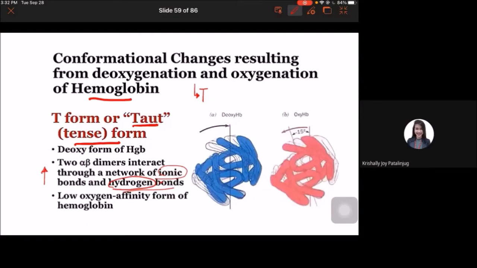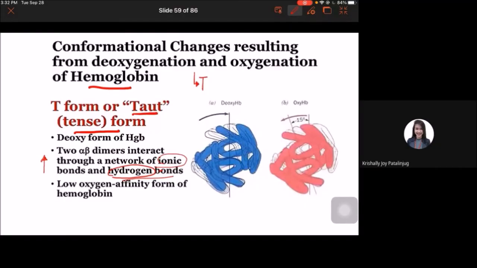Now, if sisikip yung form, okay, yung structure ng hemoglobin, it will cause, kumbaga hindi niya ma-accommodate si oxygen kasi wala ng space. Okay? It will cause incapability ng hemoglobin to accommodate oxygen. Okay? Kasi nga sobrang daming network, sobrang daming ionic bonds, hydrogen bonds being observed between the dimers. Sisikip yan. Sisikip yung form, hindi ma-accommodate yung oxygen. Kaya yung nakalagay, this form of hemoglobin causes low oxygen binding. Low oxygen binding. Okay? Kaya, other way to describe the T form, this is the